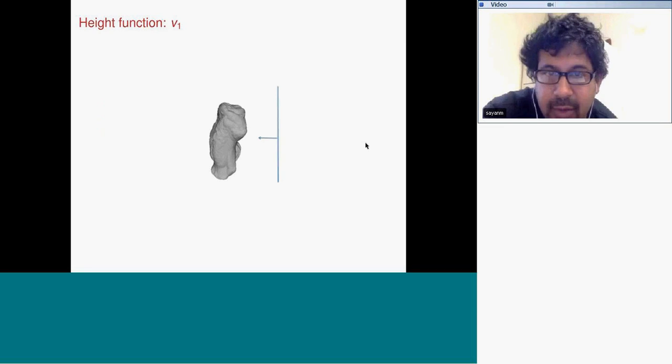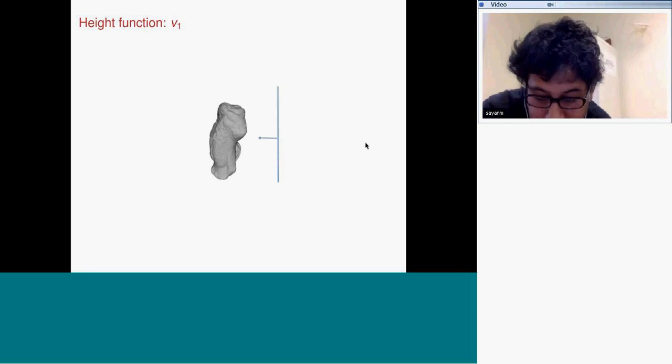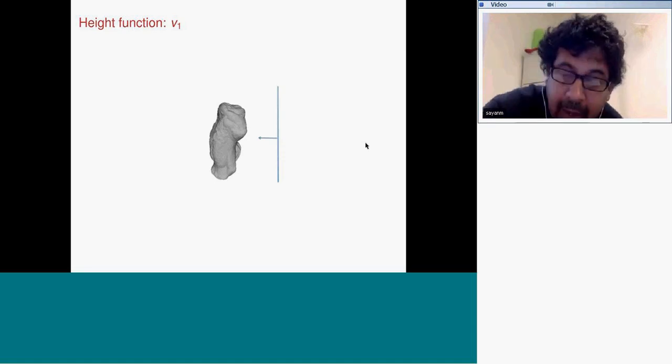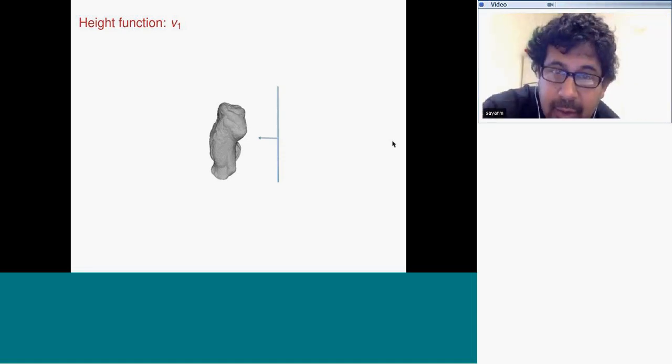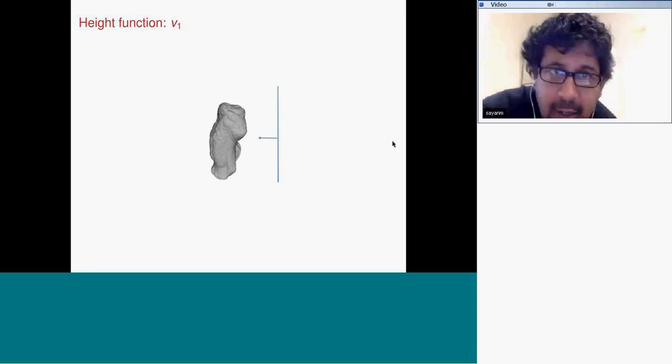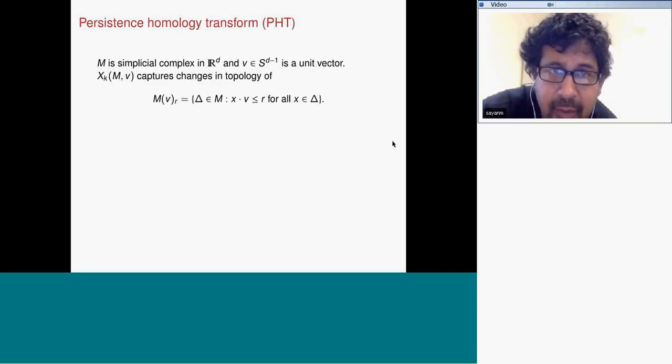So there's this idea of a height function. We got this from a paper by Yusu Wang, where they're trying to model protein structure. With a bone, I take a plane, and then I take the perpendicular to the plane, and I'm going to basically run it through the bone, just like that Morse idea, the one-dimensional Morse function idea. And it's from different directions. And this gives us something called a persistent topology transform, for a simplicial complex in R^d. I take the directions, unit vectors v, and X is changed into a topology.